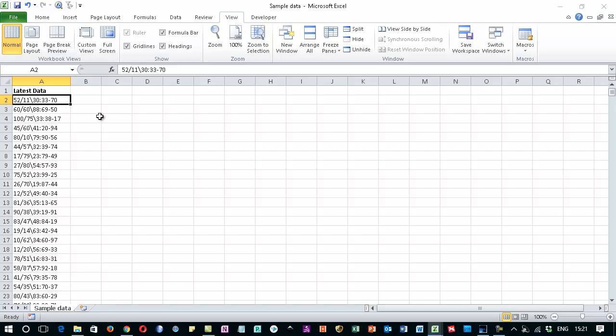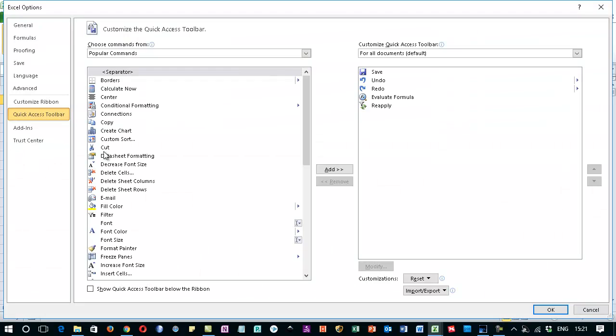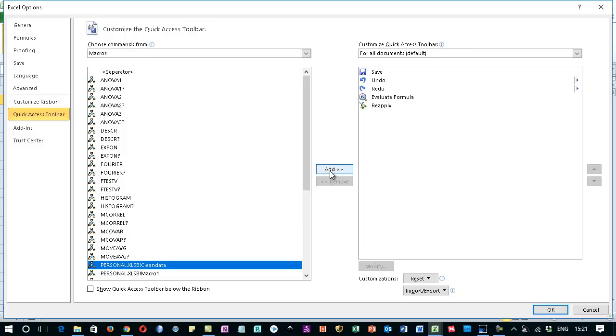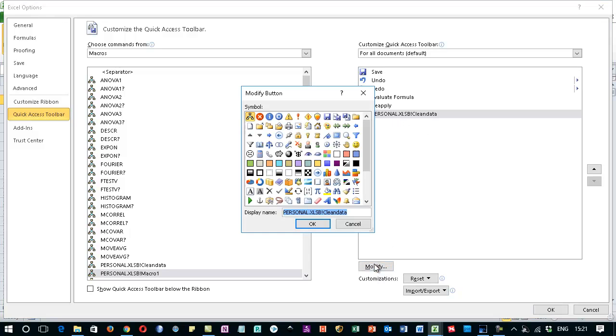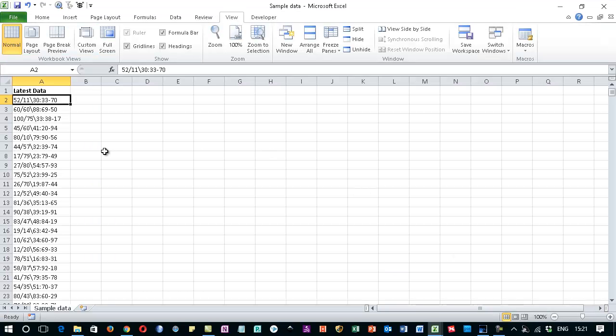of course I could put this macro in my quick access toolbar at the top, which is what I'll actually do. So if I click on the drop down arrow, select more commands. From there, if I change the popular commands to macros, go down to my clean data, move it across. Perhaps I might want to modify the way that this particular button looks. So I'm going to look at perhaps the dollar signs, click on OK, select OK again,